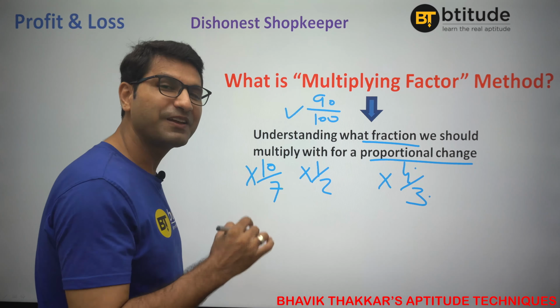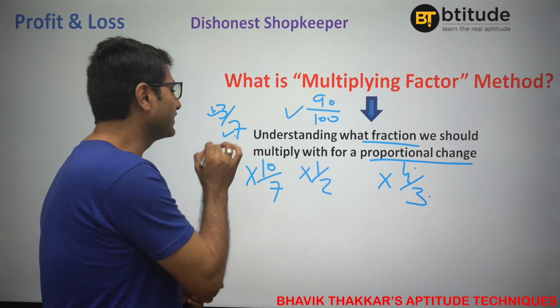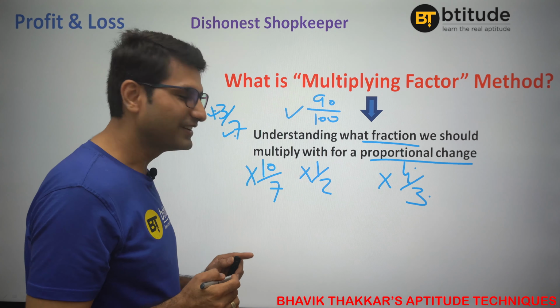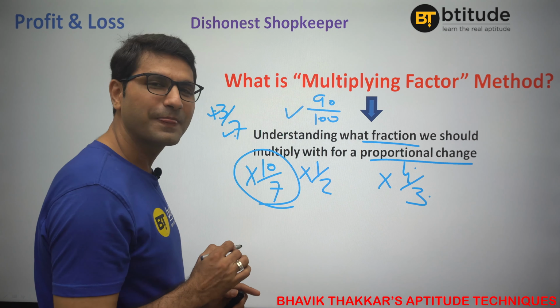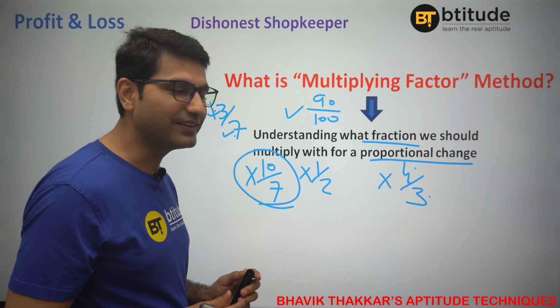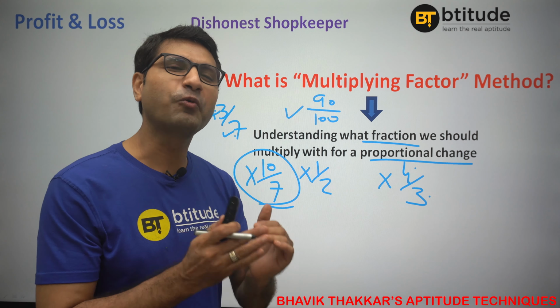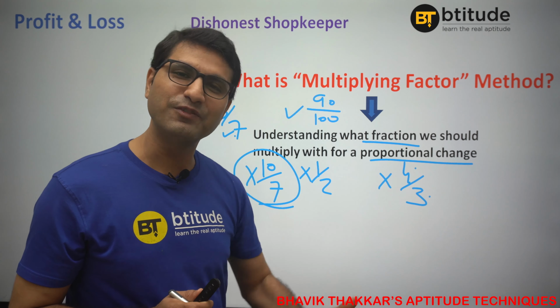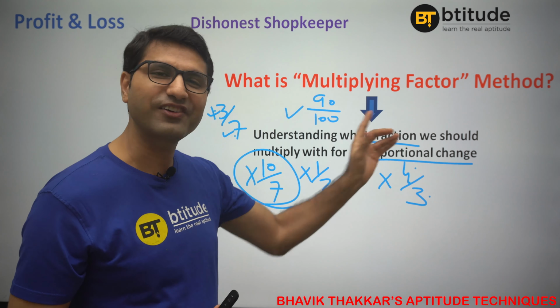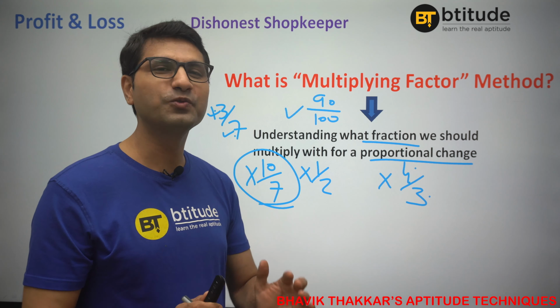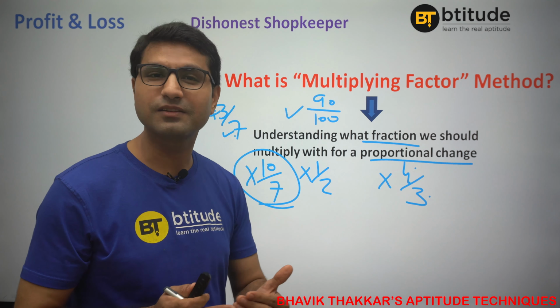If you understand this, so 3/7 increase, that means 3 increase on 7. So 7 is already there, 3 is increase, your number is getting to 10. So from 7, it is becoming 10. So that means nothing but this. Are you getting this? Pretty easy, right? So whenever we know for certain increase or decrease, with what number our number should be multiplied with, that is nothing but multiplying factor. If we can understand that directly, without using any other method, our logic is pretty clear.